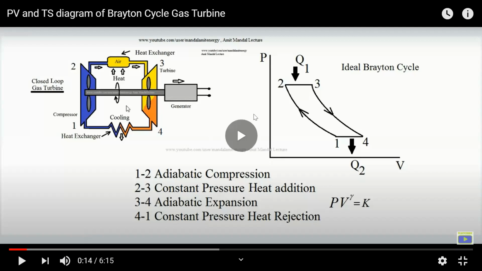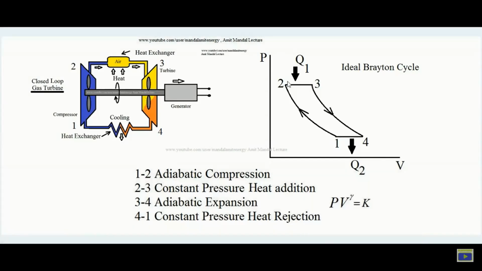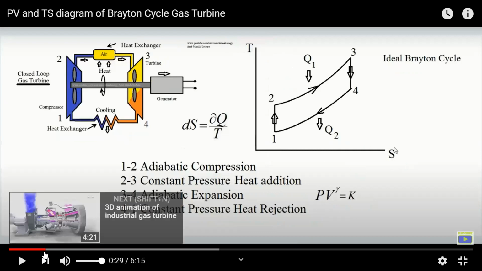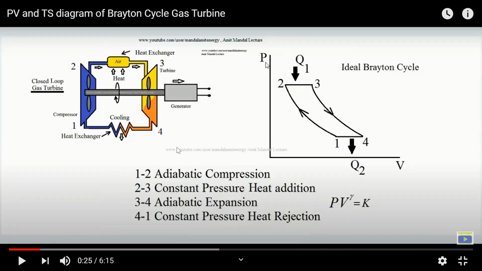Yesterday we saw the PV and TS diagrams of the Brayton cycle. The notes are in the PPT itself, and if you have any doubts, I'll be sharing the notes of all units 1, 2, 3, 4, 5 with you. The hard copy of our faculty notes is there, and we'll share it with you. These videos will provide the basic information. So here the basic information is the PV diagram, which you can check.